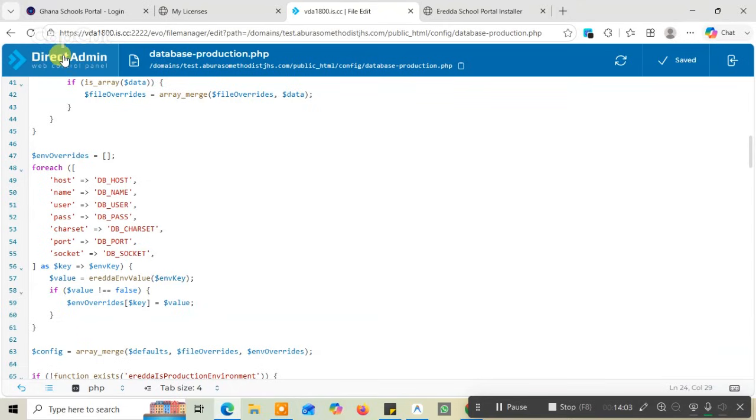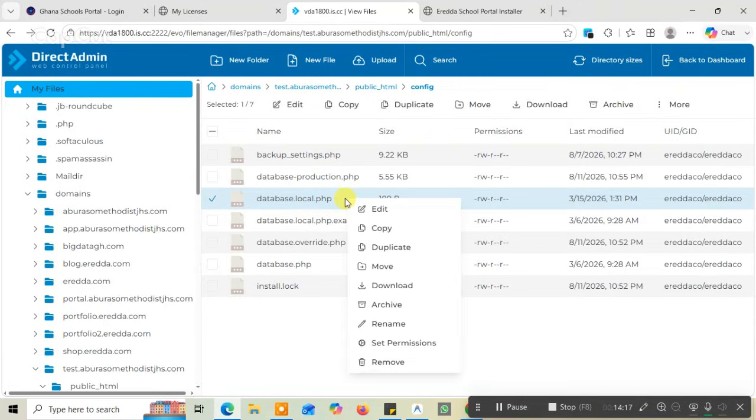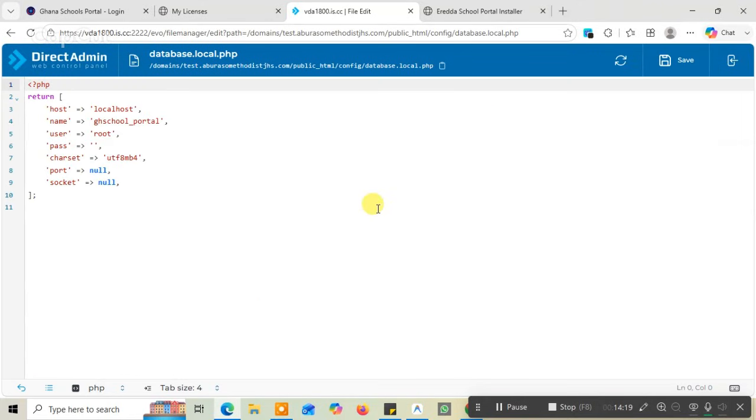Good. Now let's go back here to file manager. You have an option. You can decide to change the database on this one. You see, this one is for local application. So you can repeat it here. I will advise you to do that. You can do the same